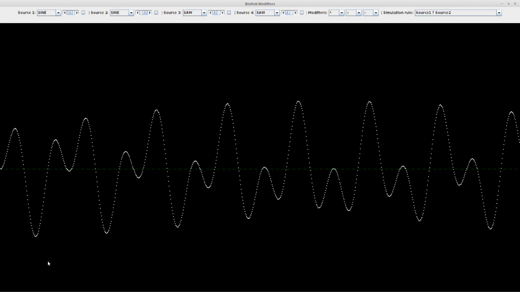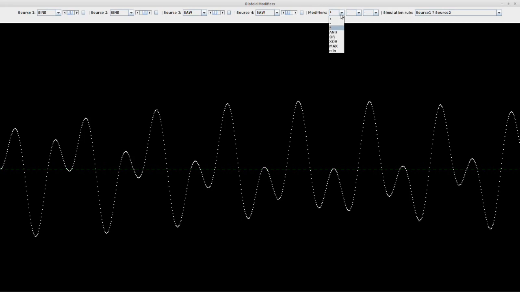And you can get very vivid, very interesting sounds by choosing these modifiers, because they seem to repeat just in very long distances. Okay,